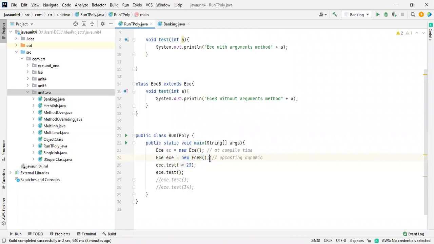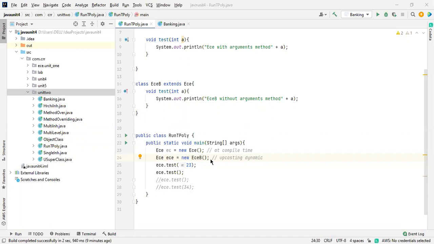I think there is no need to go for one more example. If you use upcasting, this is called dynamic binding. It will happen at the runtime only. If you don't use that, it will happen at the compile time.